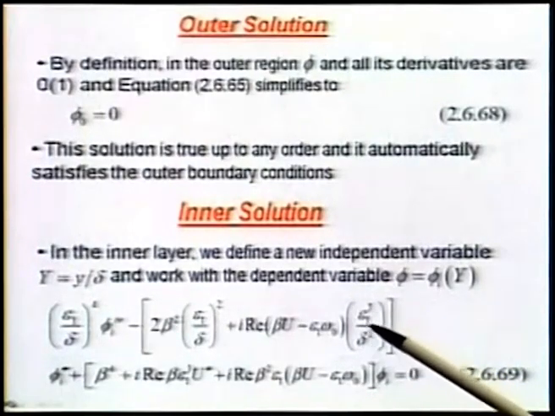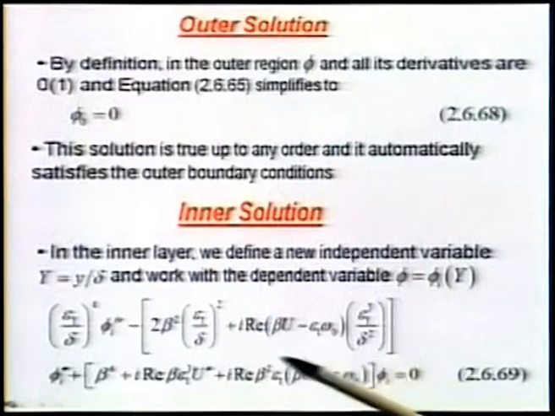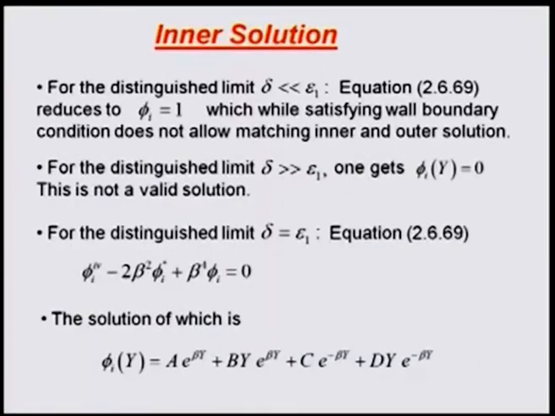This is something like your epsilon 1 cube by delta square. We can investigate that. I will not do it. I will leave it for you to explore and see that they do not produce non-trivial solution. Okay. So, the only distinguished limit that we can talk of is essentially delta equal to epsilon 1,